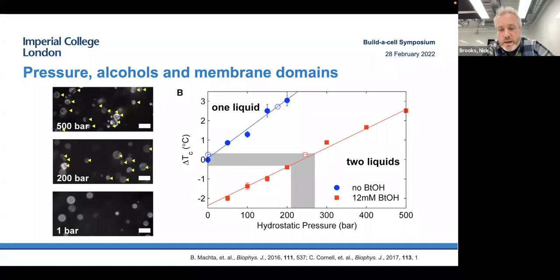We were approached by two really fantastic collaborators, Sarah Keller and Sarah Veach, to try some experiments out using model anesthetics. And it's well known that pressure can actually change the anesthetic behavior of many anesthetics, and there were quite a lot of experiments quite a long time ago, and there's lots and lots of debate around what the root of this is, whether at first it was thought that it must be a membrane effect because there is such structural diversity in the anesthetics